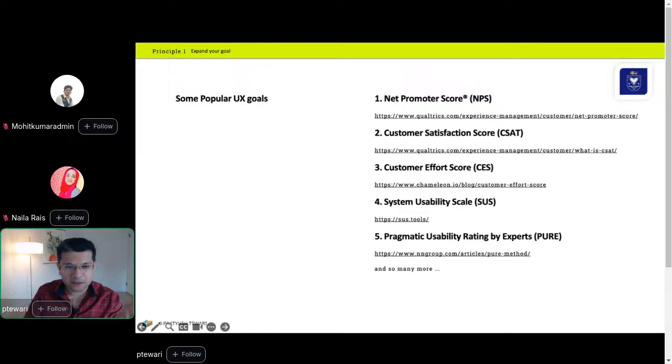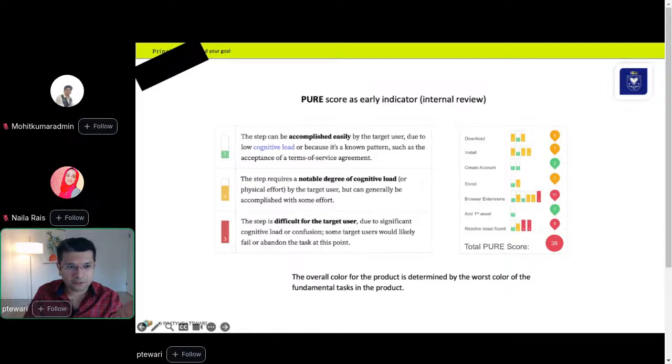So just to give you a quick overview of what the PURE method is, this is basically you and your colleagues internally rating each step in a task. Let's say a task is logging in. So you add your username, password, or you're using double factor authentication, or some token key, something like that.